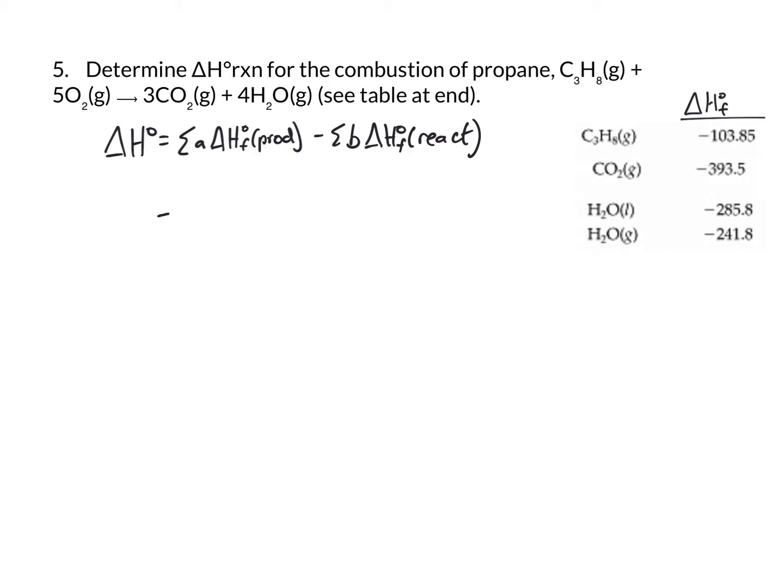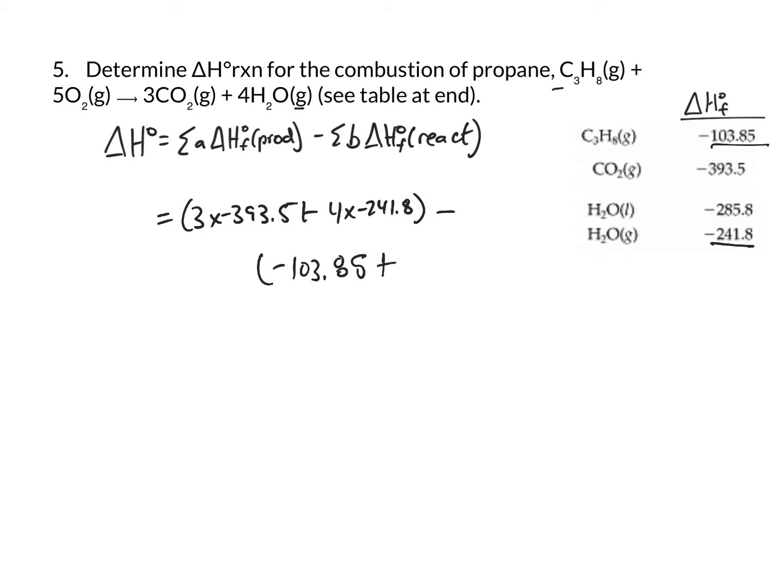So in this case, my product is 3 CO2, so 3 times negative 393.5, plus 4 H2O. It's a gas, so I need the gas enthalpy, so 4 times negative 241.8, minus, and then my reactants are C3H8, just one of those, so minus negative 103.85